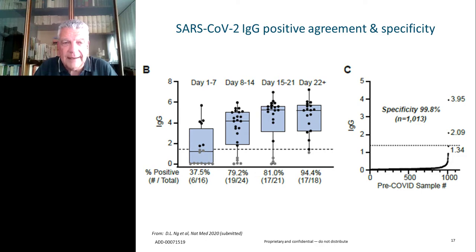This combines the detection according to the weeks after the onset, you see here on the left, and the specificity of another cohort, very similar. And you see that the distribution is the same. The specificity is 99.8%. And again, there is just one sample that is across the cutoff area, which is this dotted line. Why am I pushing so much on specificity?